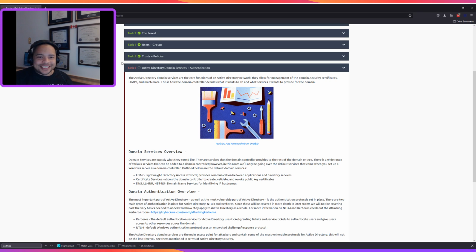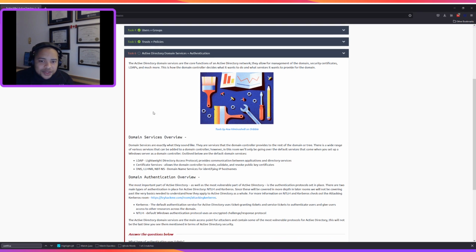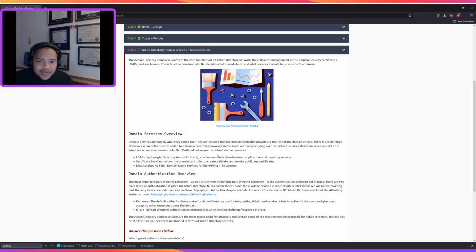Active Directory domain services plus authentication. The Active Directory domain services are the core functions of an Active Directory network. They allow for management of the domain, security certificates, LDAPS, and much more. This is how the domain controller decides what it wants to do and what services it wants to provide for the domain. This one right here was made by Anna